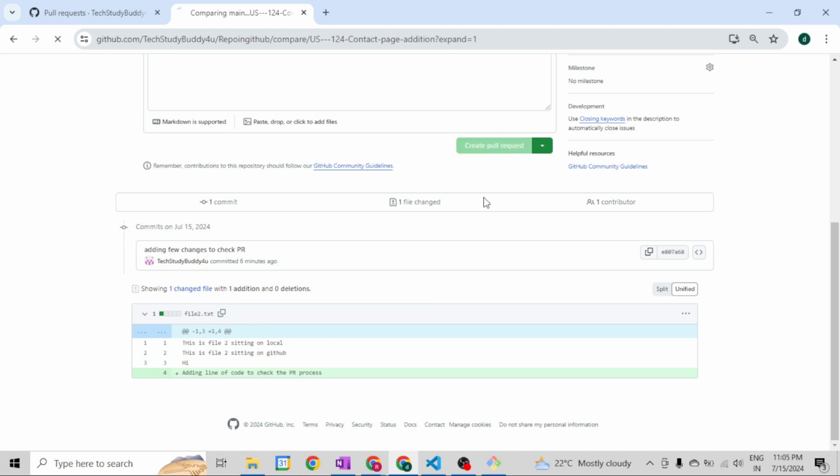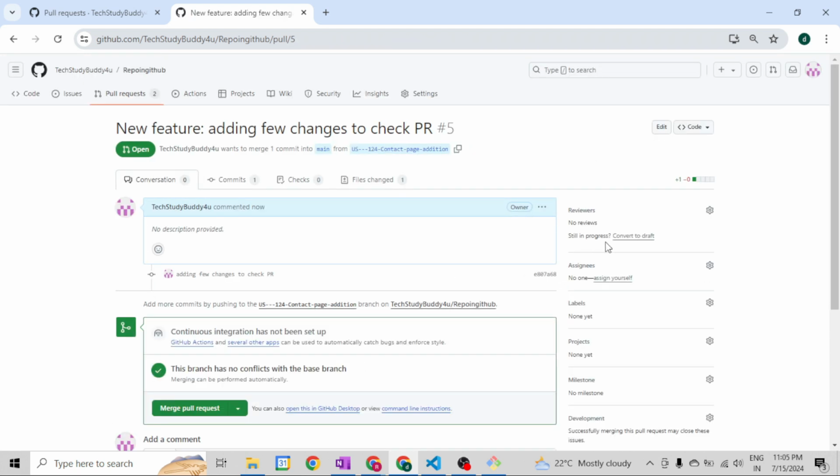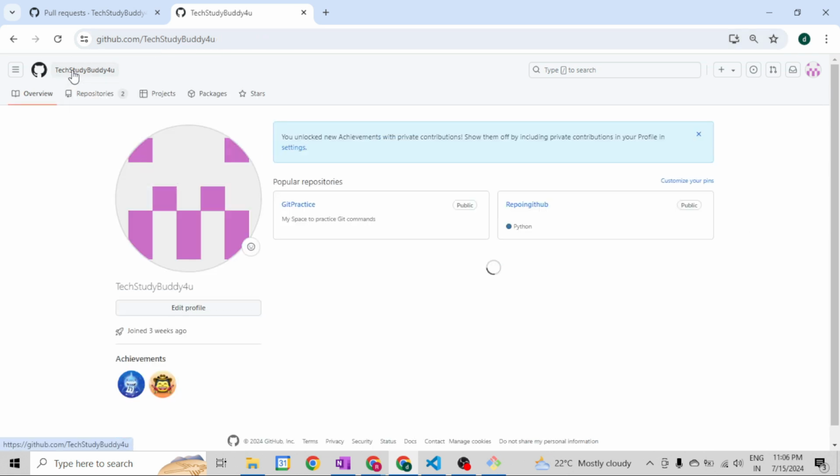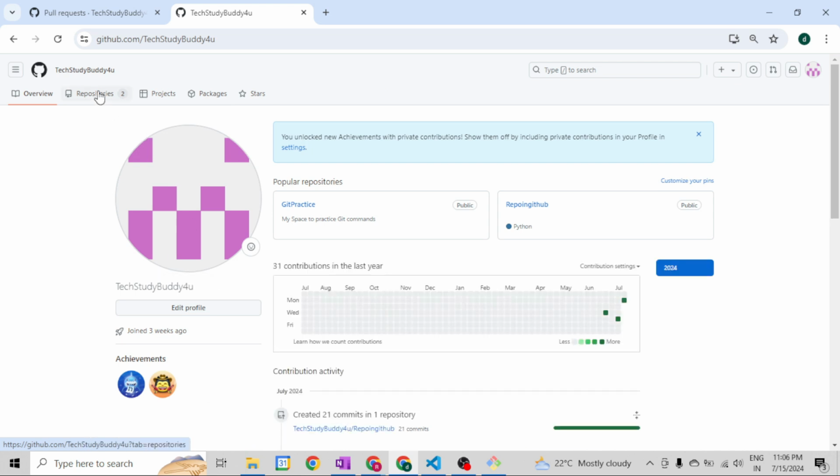I can say create pull request. So I forgot to put the reviewers, so you can add reviewers. Just click over here and mention your reviewers. Once you go into the login to see,